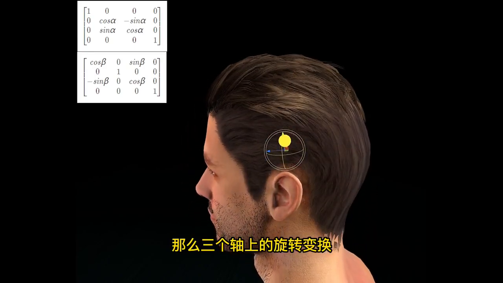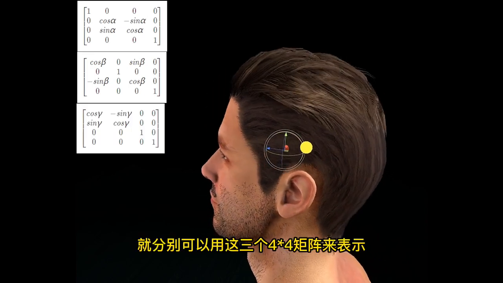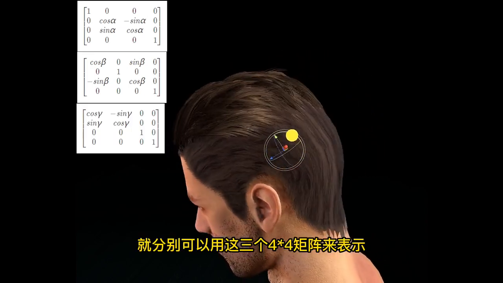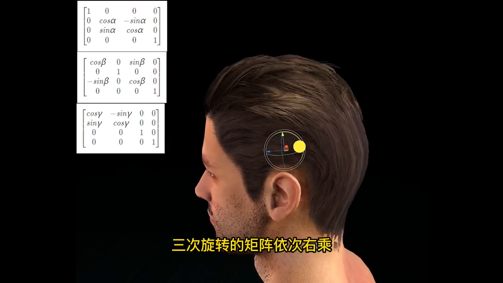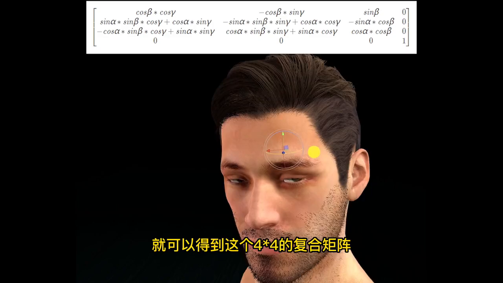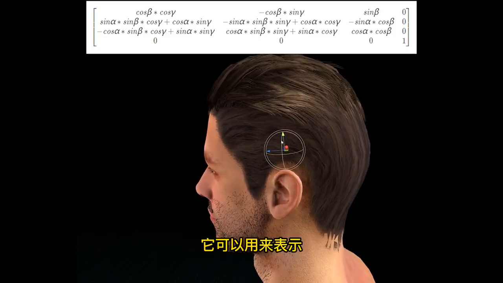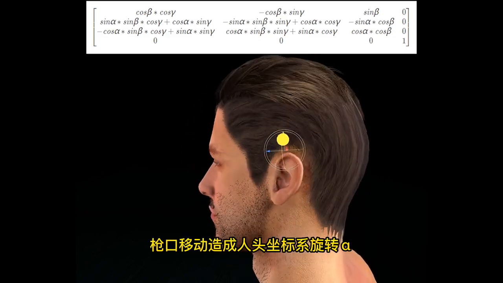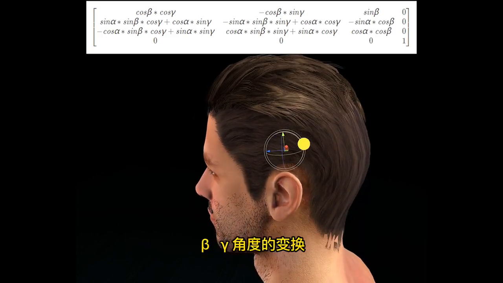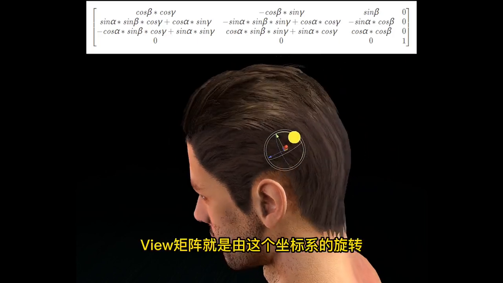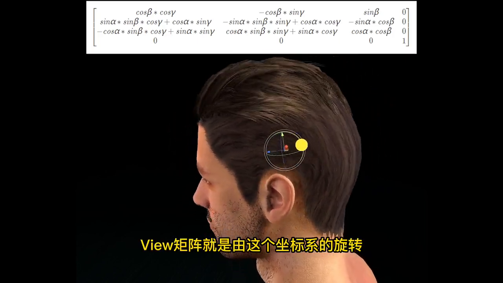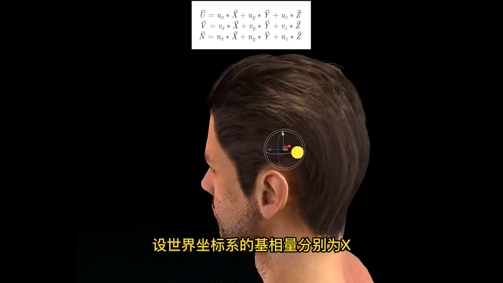Then the rotational transformations on each of the three axes can be represented in homogeneous coordinates by these three 4x4 matrices. Multiplying the three rotation matrices in turn yields this 4x4 composite matrix. It can be used to represent the rotation of the head coordinate system by AVG angle due to the muzzle movement. The view matrix is calculated from the rotation and translation of this coordinate system, assuming that the base vectors